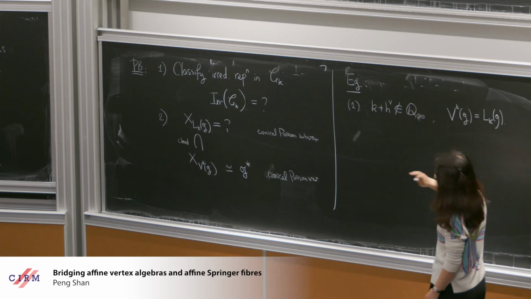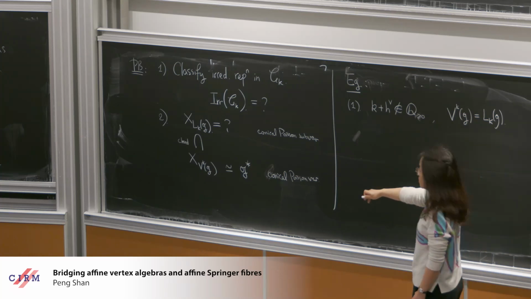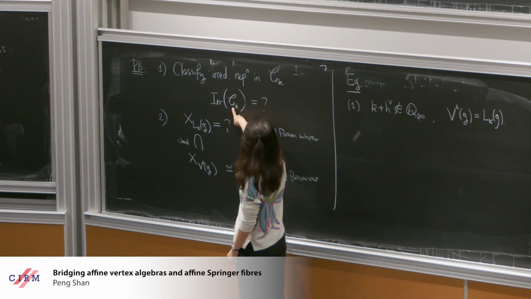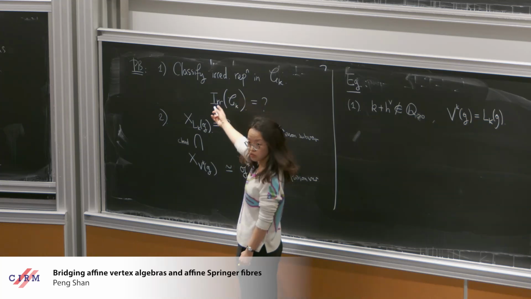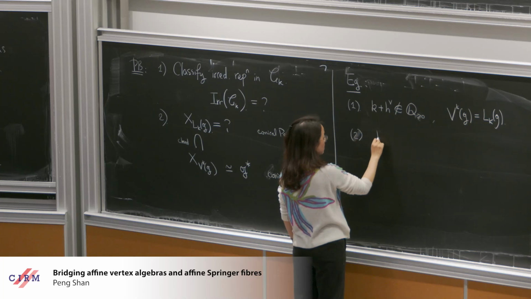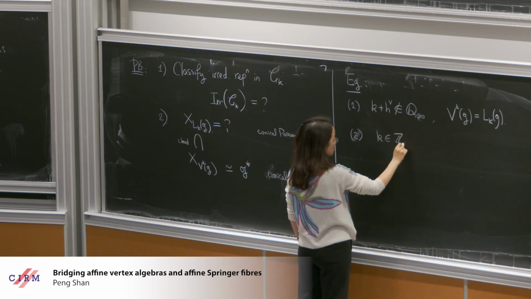In this case, we know the answer for both questions. The associated variety is g dual, and Irr is just all the highest weight representations. So this is easy. And second, if k is a positive integer,